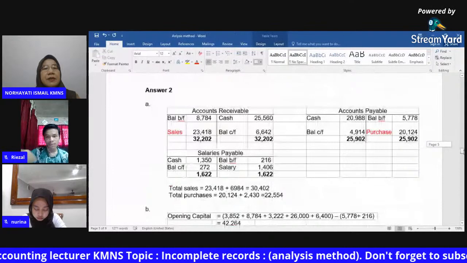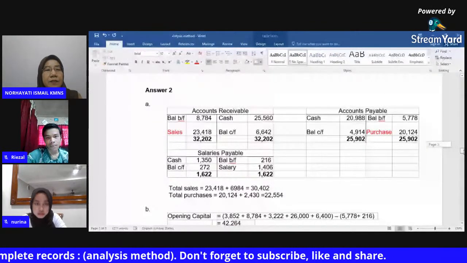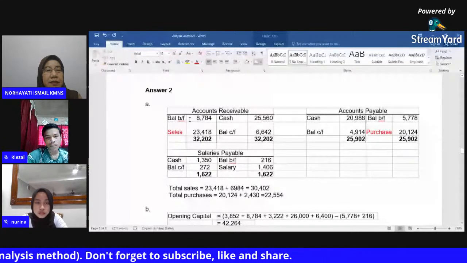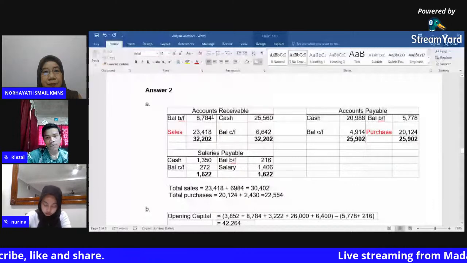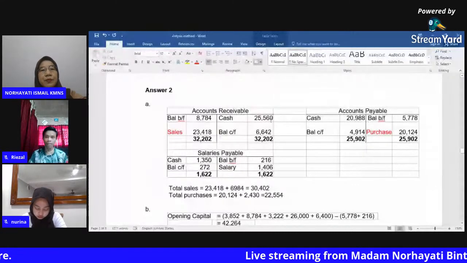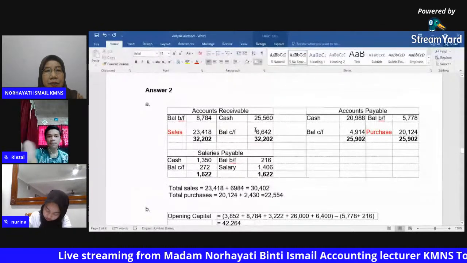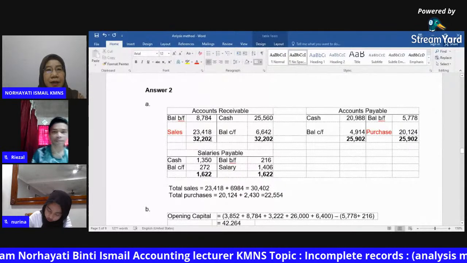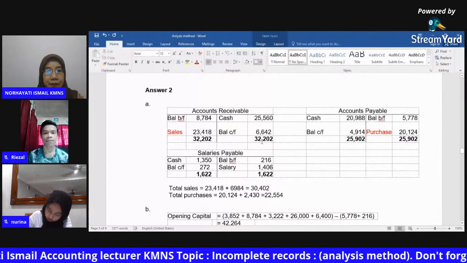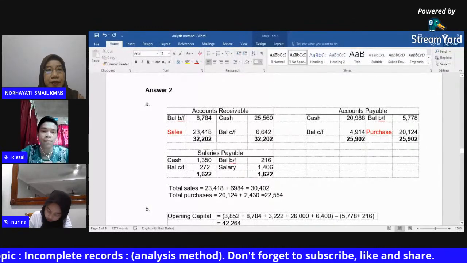Now this is the account receivable. The balance brought forward is given in the question. This information you get from cash book. We receive cash from account receivable and the balance carry forward is given in the question. So you add the debit and the credit side. You can find out the missing figure is sales. The total for credit sales